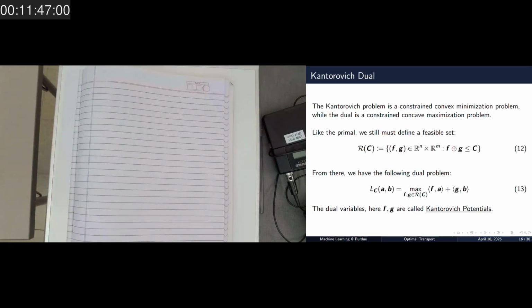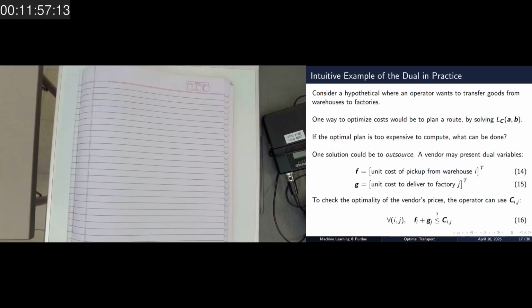Where we are performing the direct sum of F and G and checking that the matrix that we get at the end is element-wise less than or equal to C. And if this is true, if equation 16 is true for all i and j, then the operator knows that there is no way that they can match the prices of the vendor, and they should definitely go with the vendor, because even if they